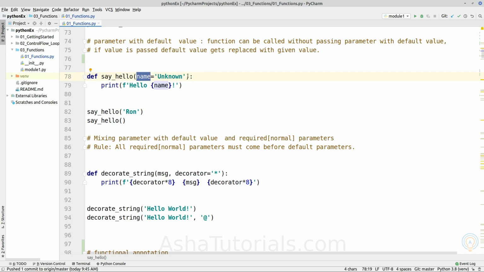So if we give any default value to a parameter, it becomes optional. Okay, so while calling that function, it is not required to pass that argument, but if you pass that argument, then the default value of the parameter gets overridden by whatever value is provided when calling the function.